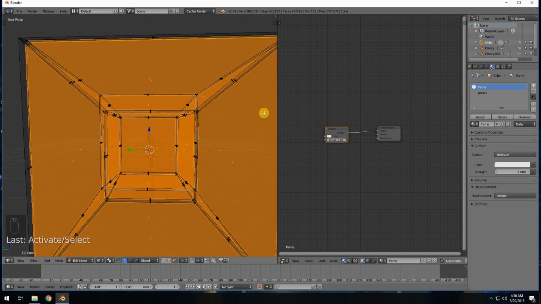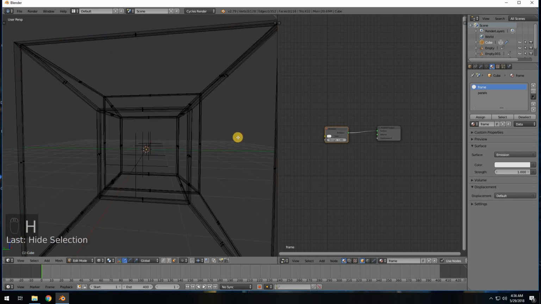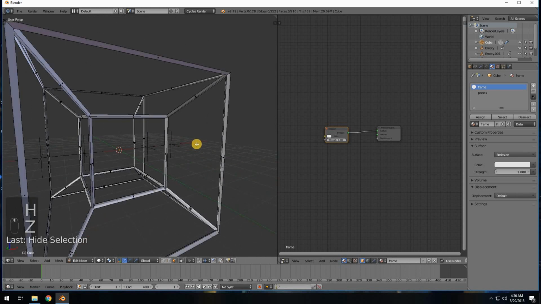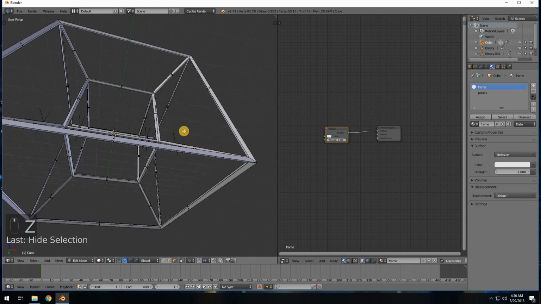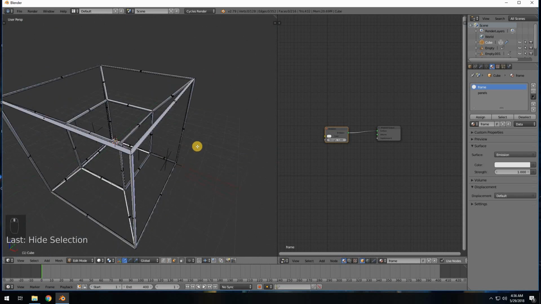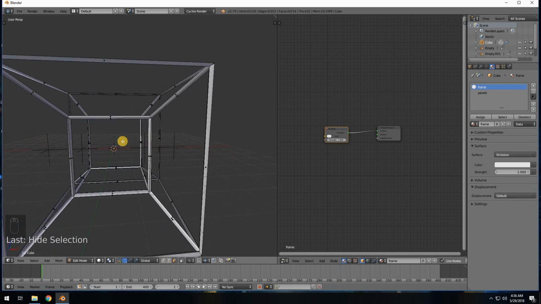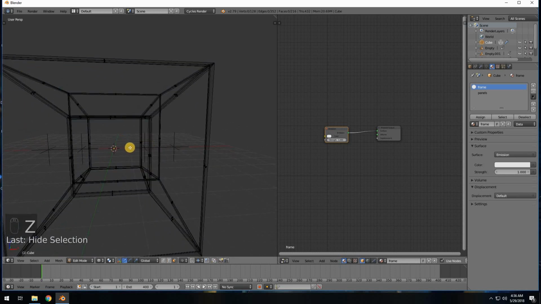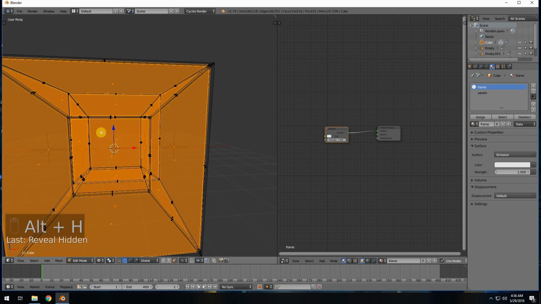And it's starting to look like I got all of them. Easiest way to check is just press H to hide everything and then Z to go back to wireframe. And I don't have any big faces, or sorry, Z to exit wireframe. And yeah, I don't have any big faces hanging out here, so I'm going to go ahead and say I got them all. So let's Z to go back to wireframe, Alt H to unhide that stuff, and with all